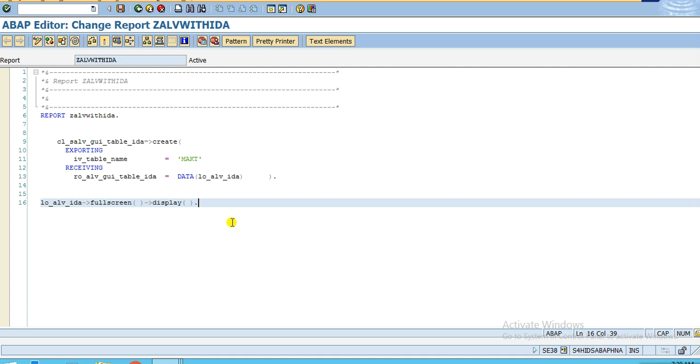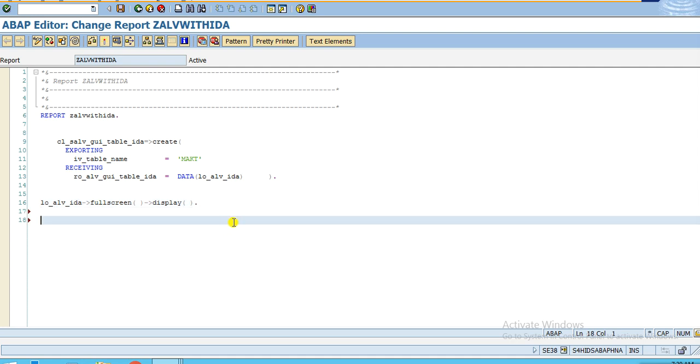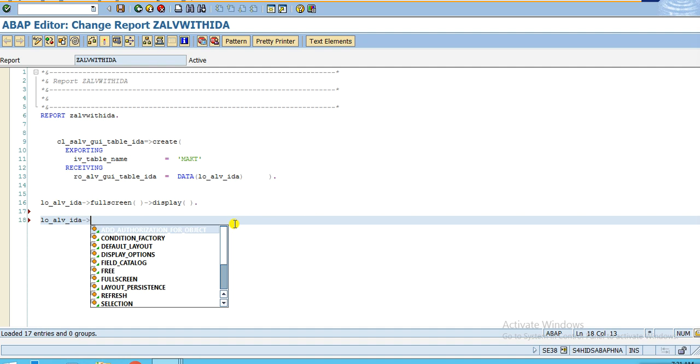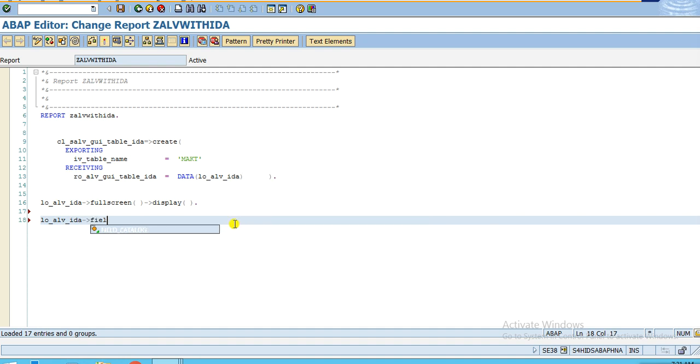Okay, so come over here. For that purpose, first you have to get all the fields which are going to be displayed, and from there you have to delete the field which you don't want to display. For that, we have a field catalog which is going to give all the available fields. So lo_alv_ida, and Ctrl+Space, and here you have the field catalog, and with the help of this field catalog, again it has the